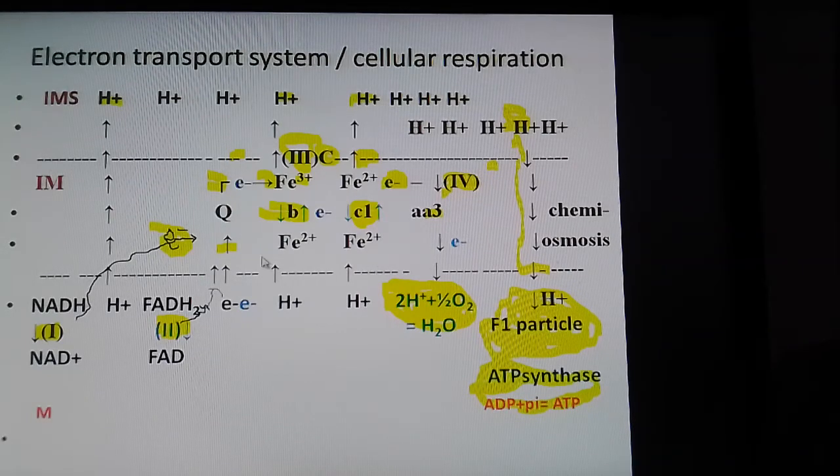That way the electron will be settling through this B cytochrome and C cytochrome, and the energy produced during the movement of the electron